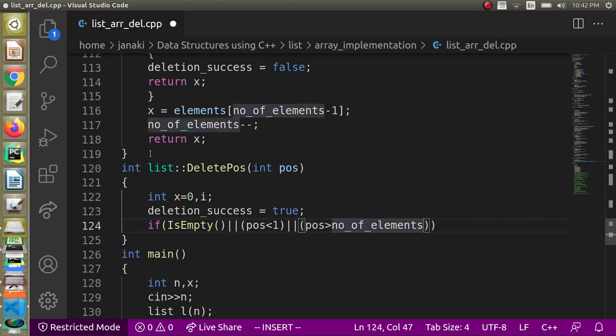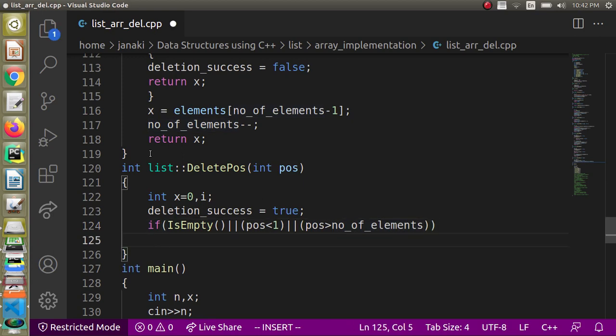Since I am going to use human indexing for indicating the position, the maximum value that can be passed is equal to the number of elements, and the elements will be at index 0 to number of elements minus 1. So if the position value is greater than number of elements, then also it is a failure.